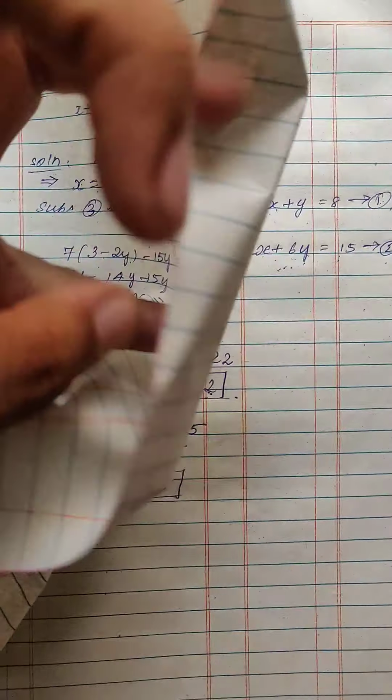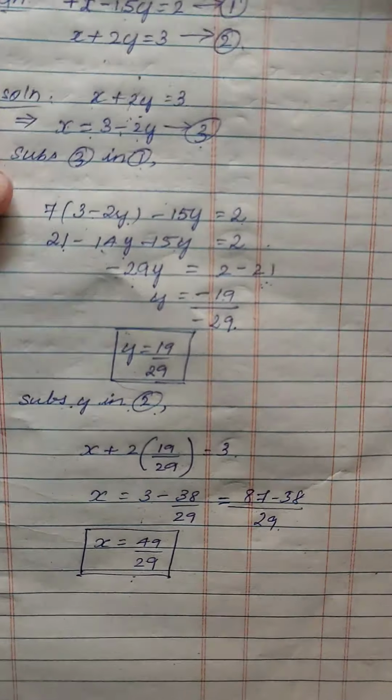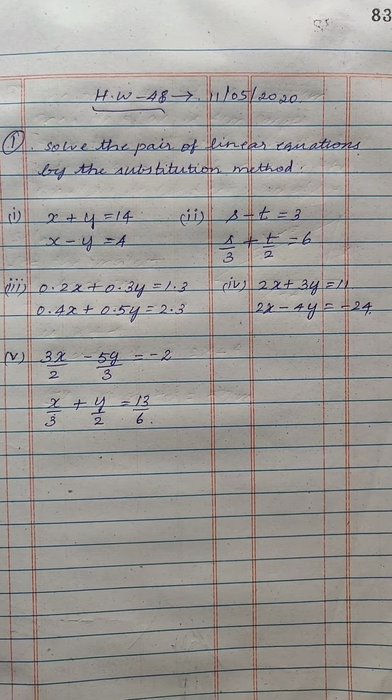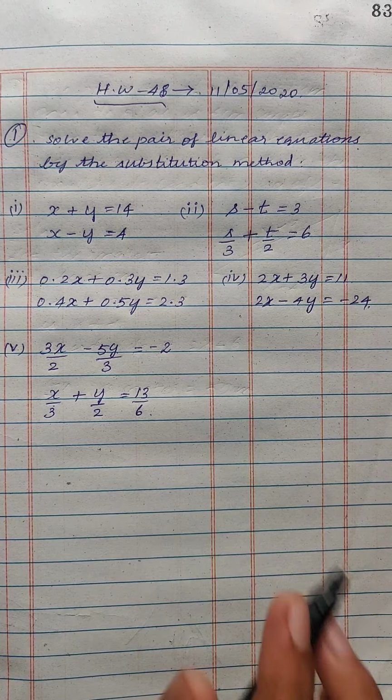Now we will discuss a few more, like I'll just tell you how to do the homework problems. So when it comes to your homework, I've sent a few homework sums today. We'll discuss the answers. Okay. So I think this is the first homework which I gave you. Yeah. So this is homework number 48. Okay, so I think you have to use the substitution method.